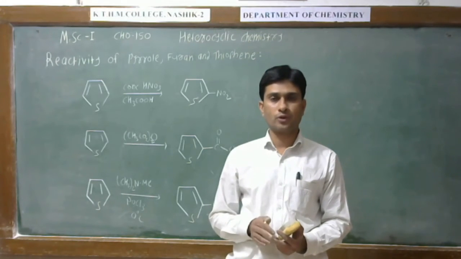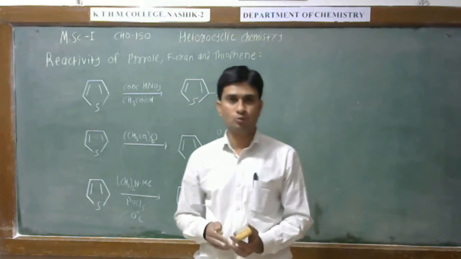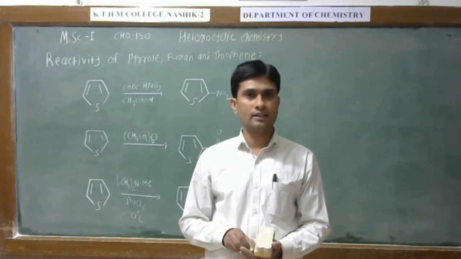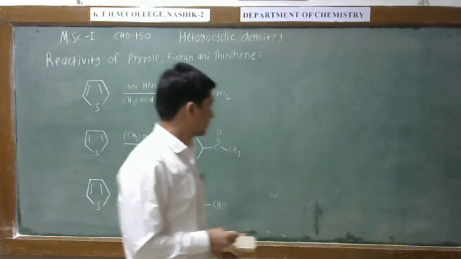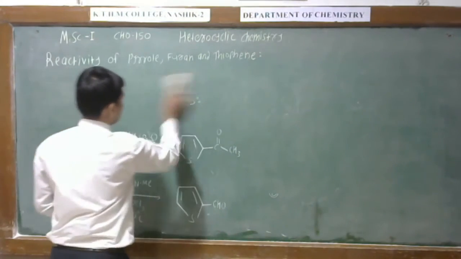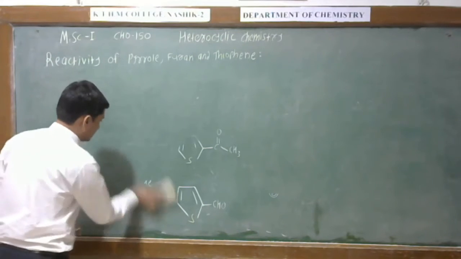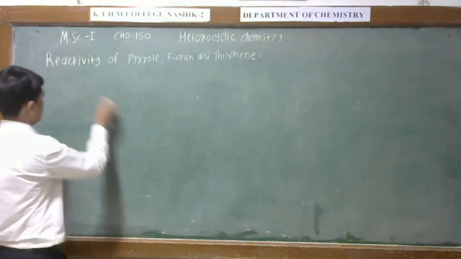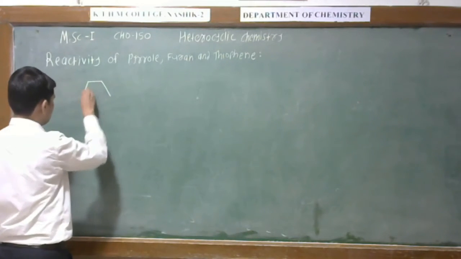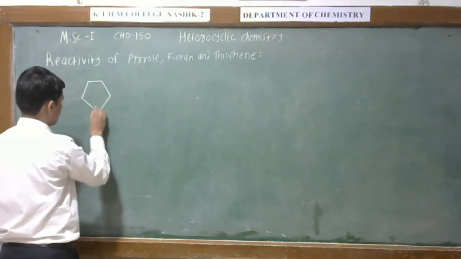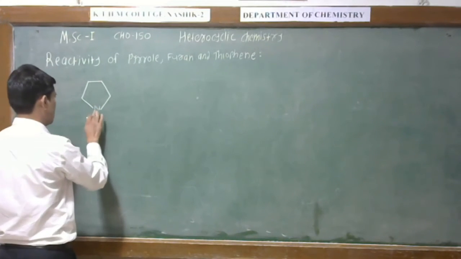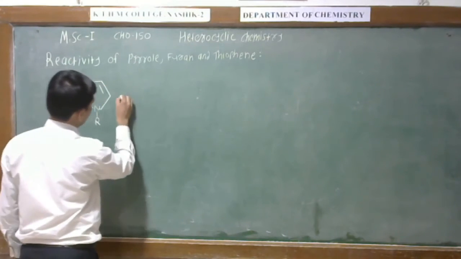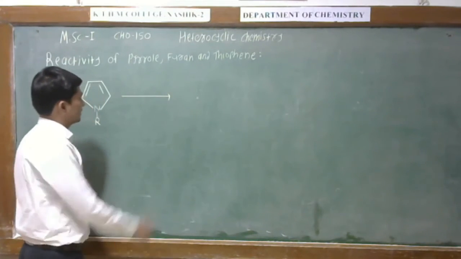So thiophene and pyrrole give us the same type of reaction, but in case of the N-substituted pyrrole, there is formation of 2 products. One product is substitution at 2 position, and another is the substitution at the 3rd position. So in case of pyrrole, you can write here. See, this is the N-R pyrrole. When this N-R pyrrole undergoes the nitration reaction, or we can